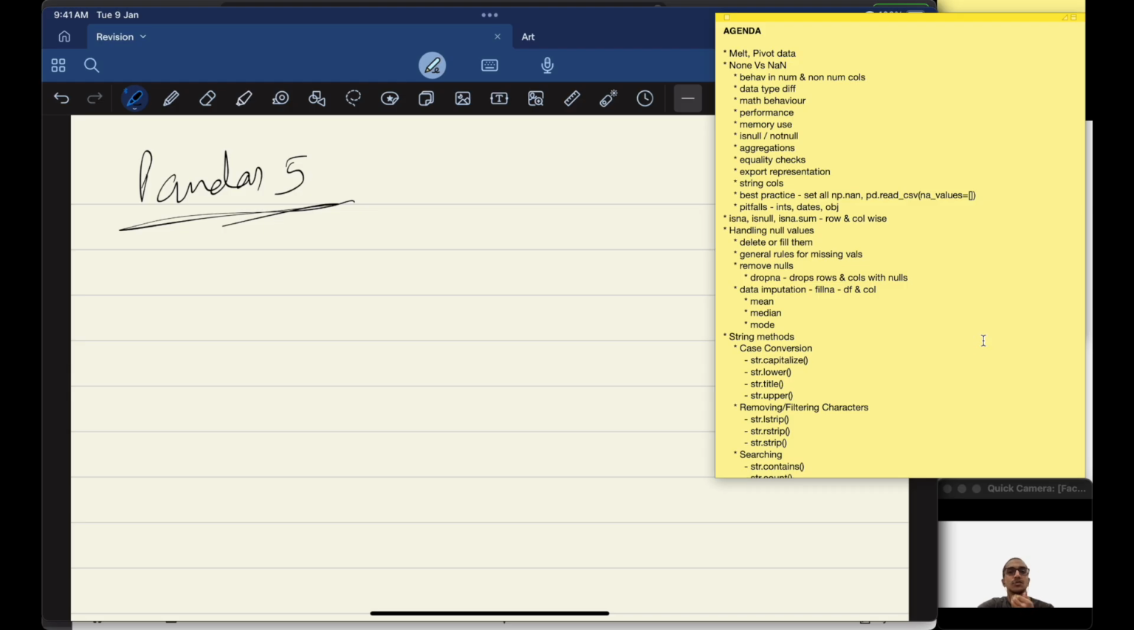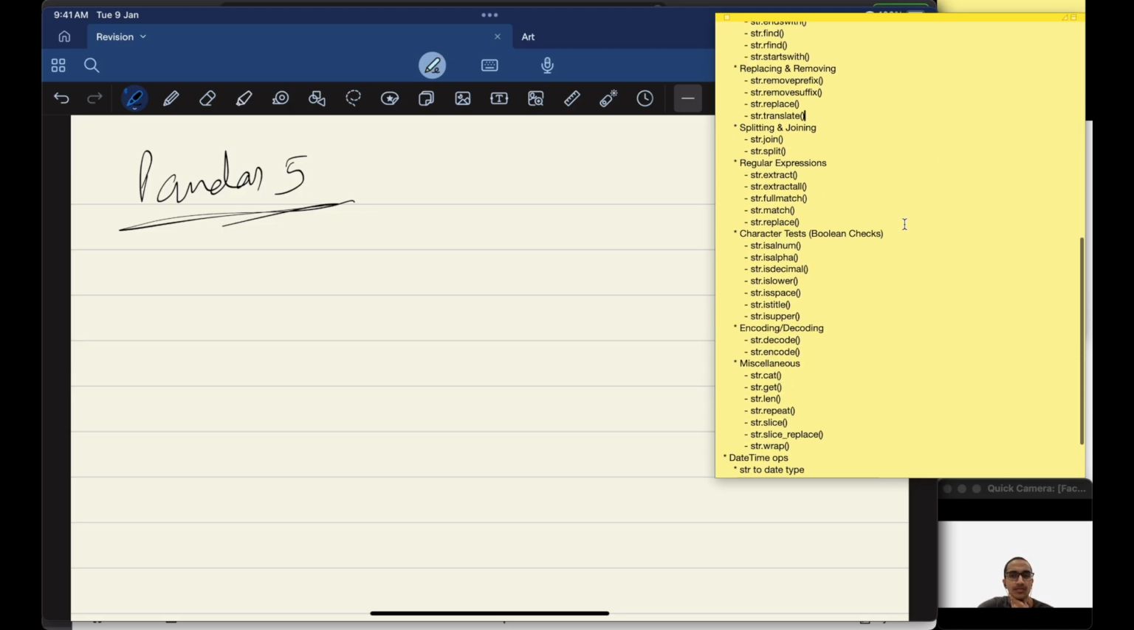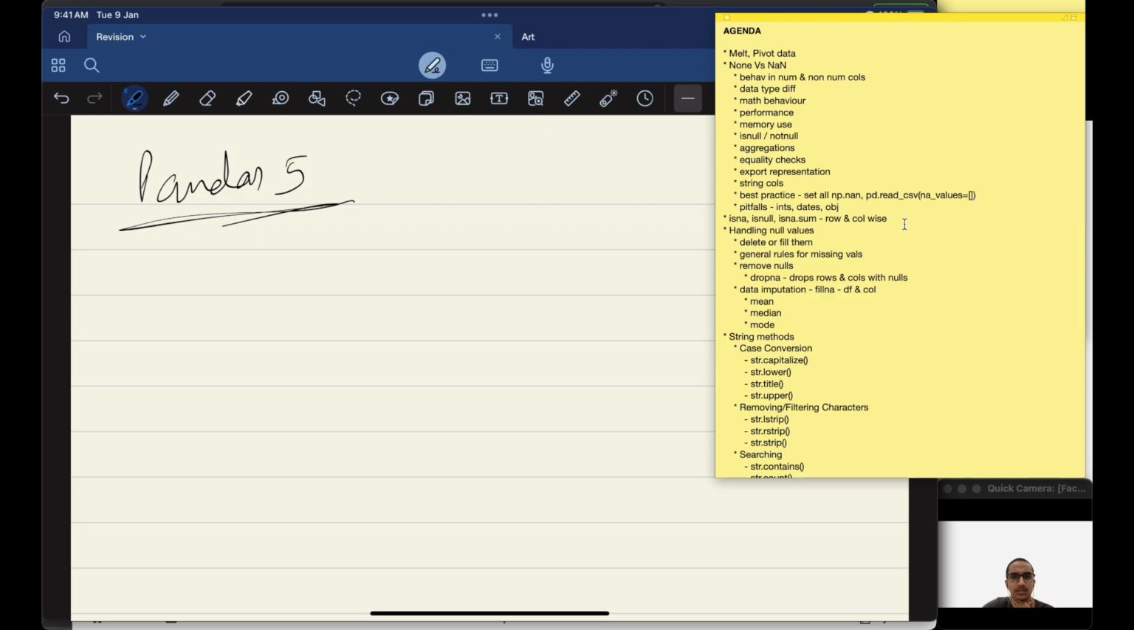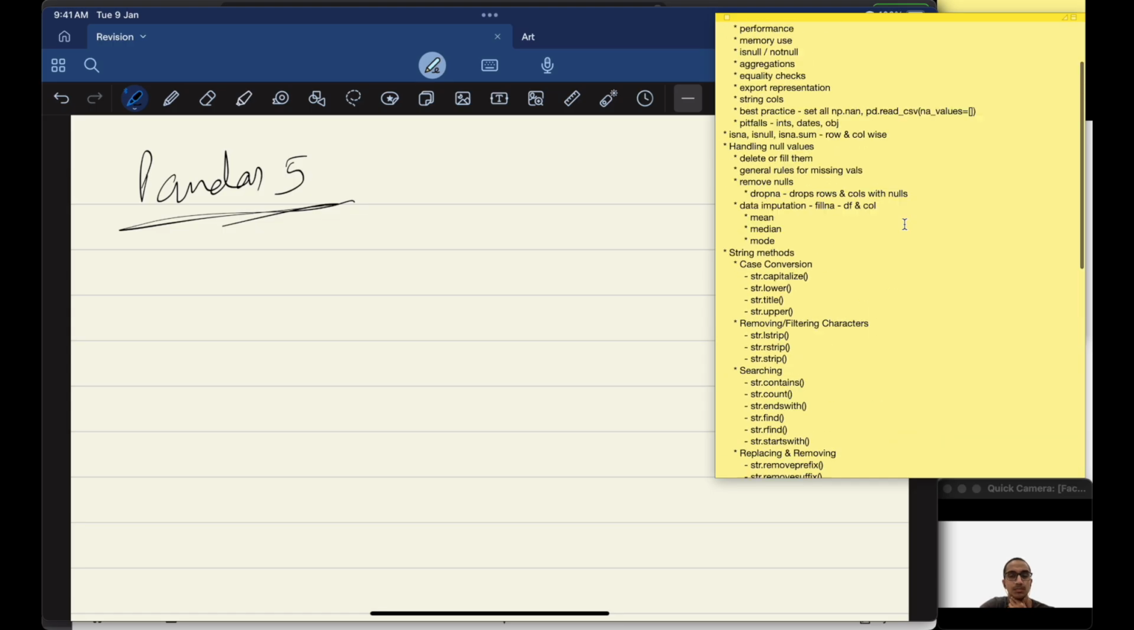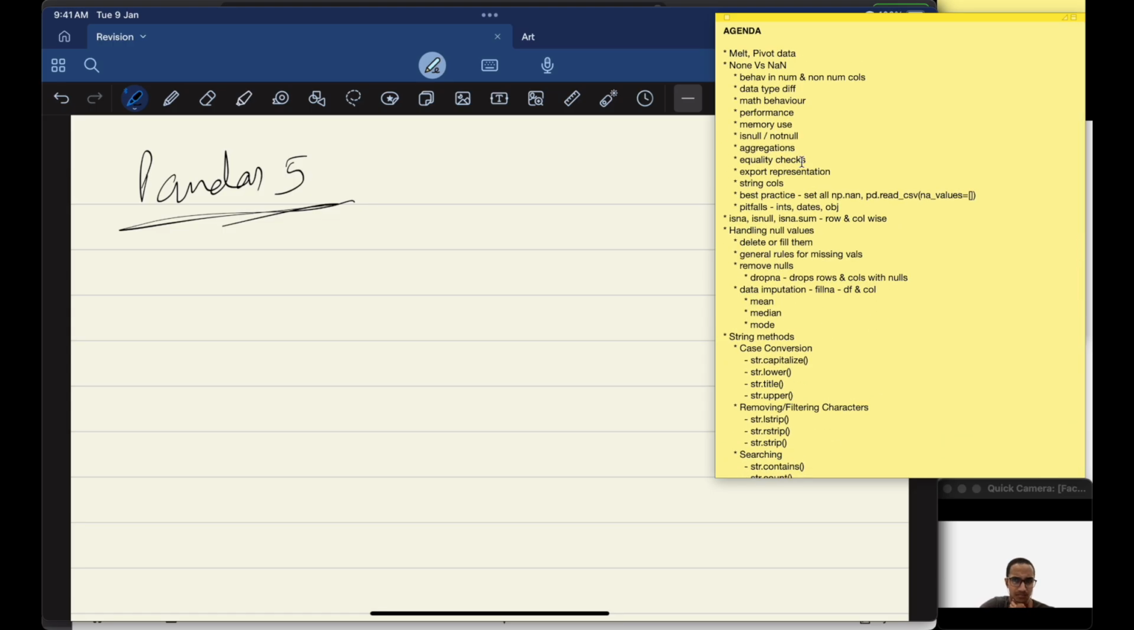So today we'll look at all of this. This is the agenda. It is a bit heavy, but we can go through them pretty quickly. So we'll just melt and pivot some data, the medical data that we have looked at in the previous class, and then we'll be operating on this data as much as possible if it is convenient, and then we'll look at